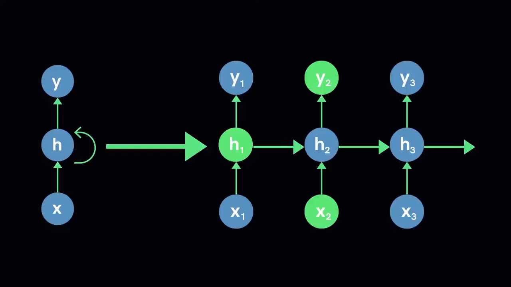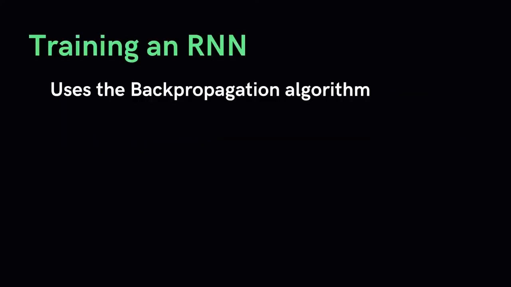Recurrent neural networks remember their past, and their decisions are influenced by what they have learned from the past. Basic feed-forward networks remember things too, but they remember things they learned during training. For example, an image classifier learns what a 3 looks like during training and then uses that knowledge to classify things in production. So how do we train an RNN?